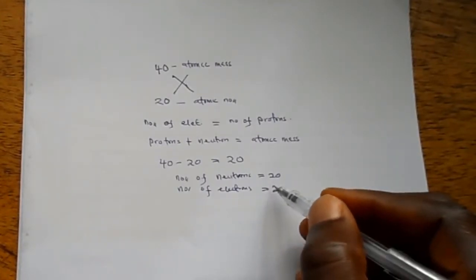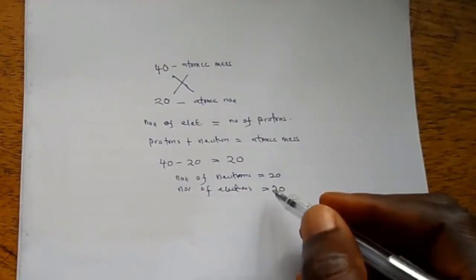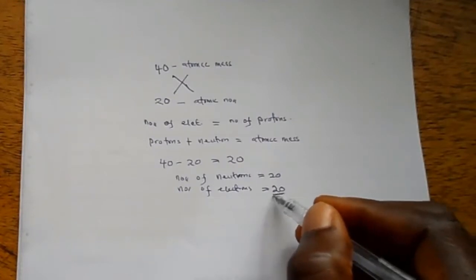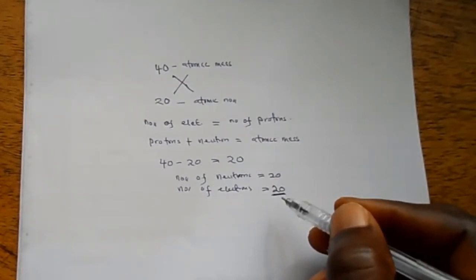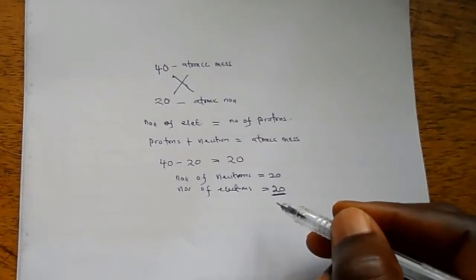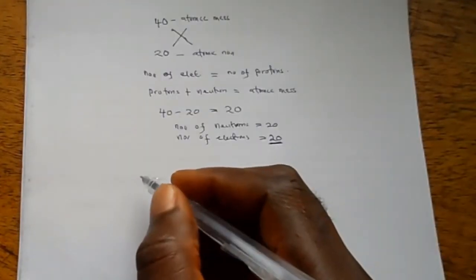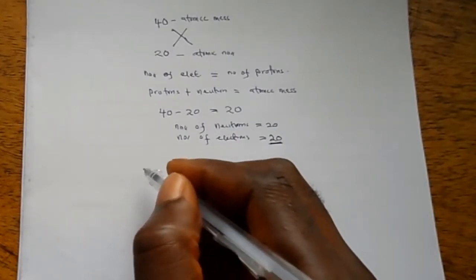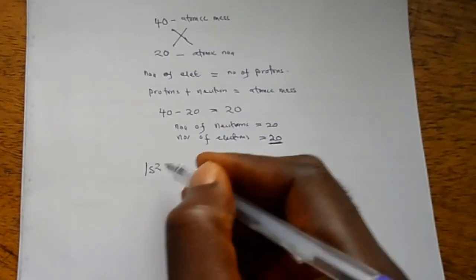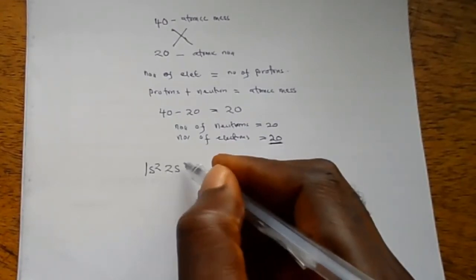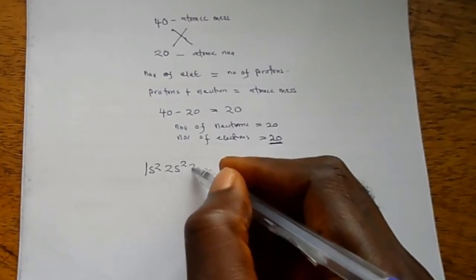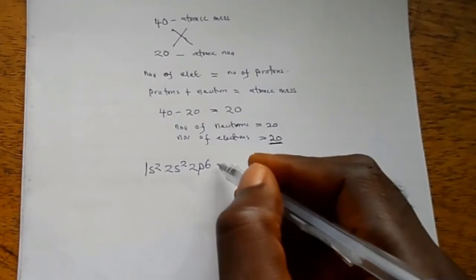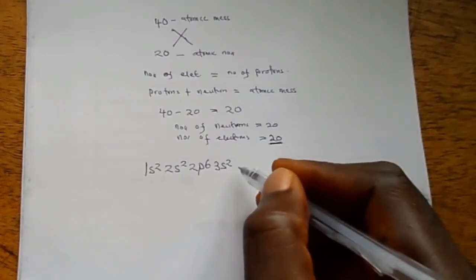We use the number of electrons in writing down the electronic configuration. We have 20 electrons, and so we're going to write the electronic configuration this way. We're going to use the SPDF system: 1s2, 2s2, 2p6, and now the 3s, 3s2,